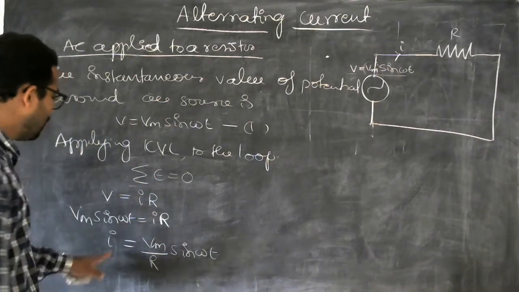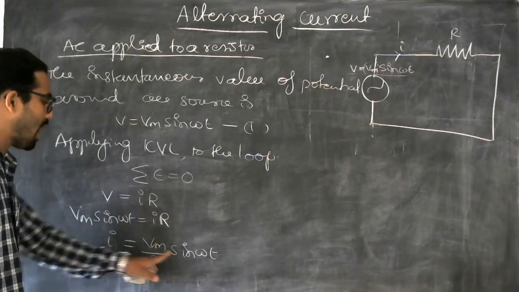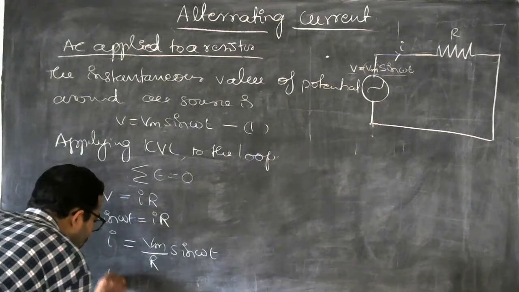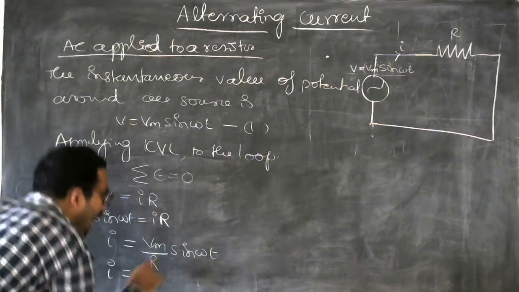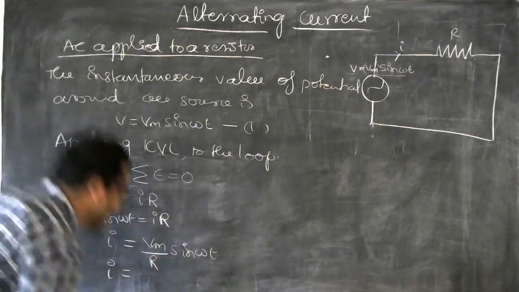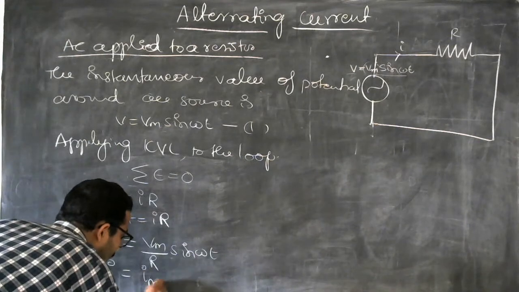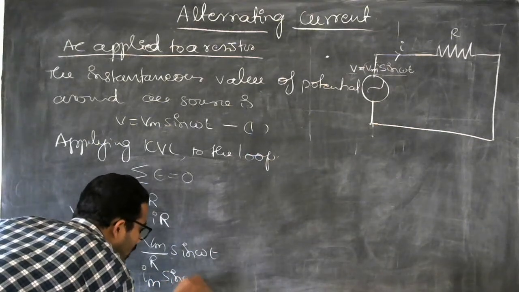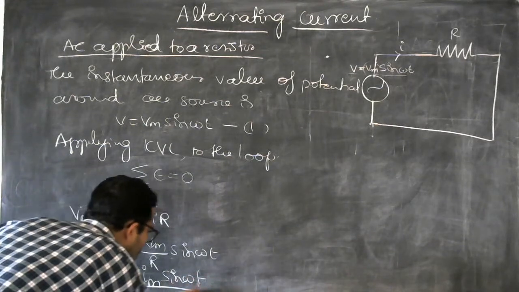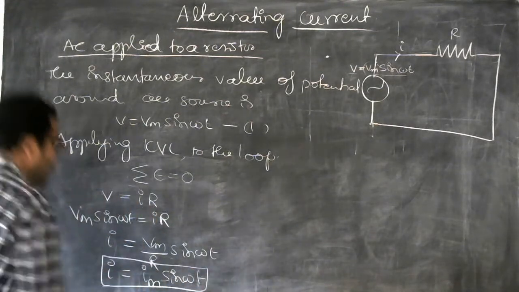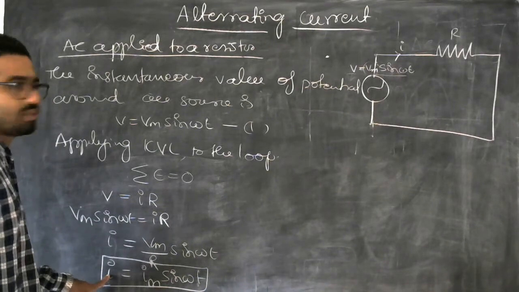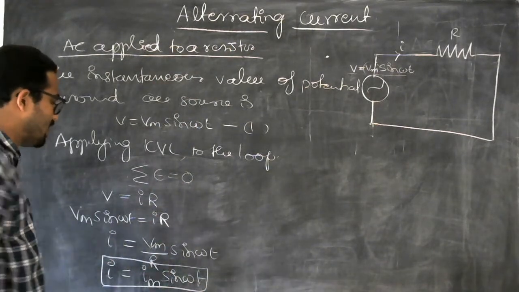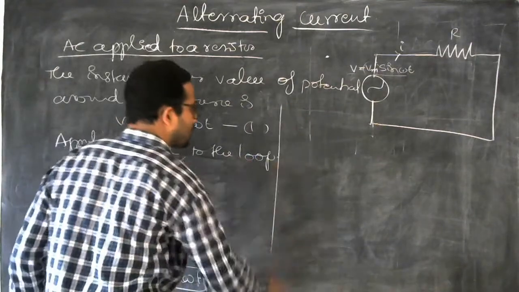Now, we have written I is equal to Vm by R sin omega t, and Vm by R can be replaced with another term. It can be written as Im sin omega t. See, this is the equation we have got for the current which is flowing through that circuit. I is equal to Im sin omega t, where